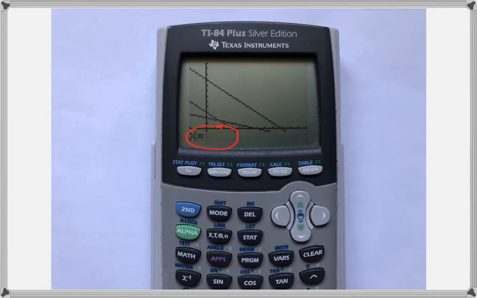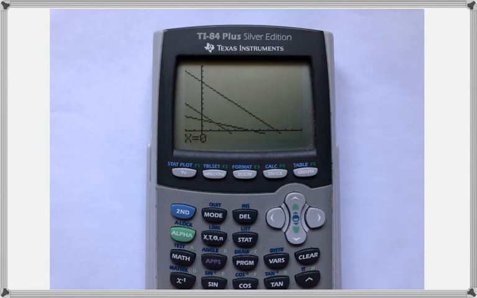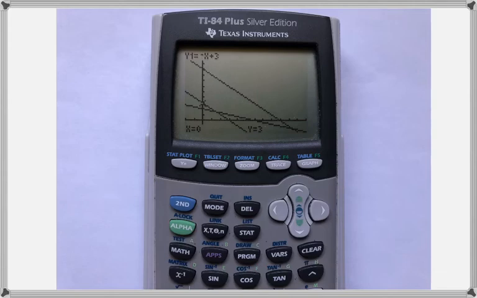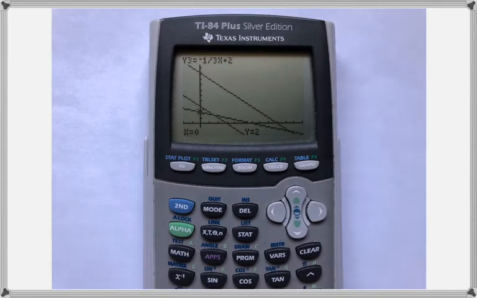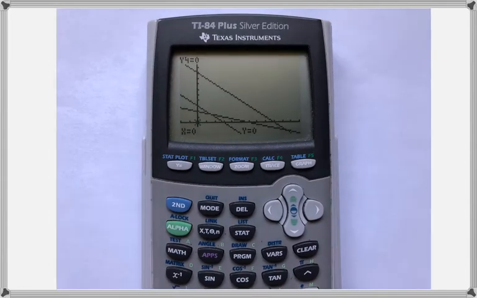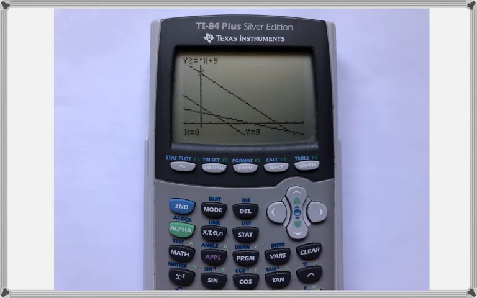So we want to know when x is equal to 0, and then press enter, and then the cursor will show up on the y-axis, and if you press up or down, it will scroll through all of the different corner points that are on the y-axis. So we have 0, 3, 0, 9, 0, 2, 0, 0. So the ones that are on our feasible region are 0, 9